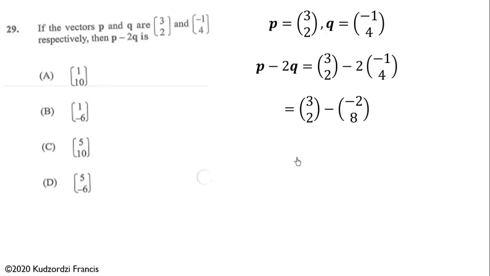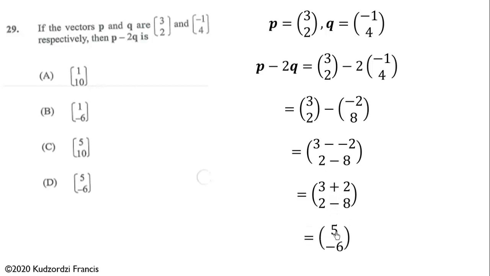Now, when subtracting vectors, we subtract the corresponding components. Therefore, 3 minus 2, that is 3 minus negative 2, then we have 2 minus 8. Now this becomes positive, so this becomes 3 plus 2, and this becomes 2 minus 8. And this will simplify to (5, negative 6). Now let's proceed. So it means the correct answer is this. Let's proceed to